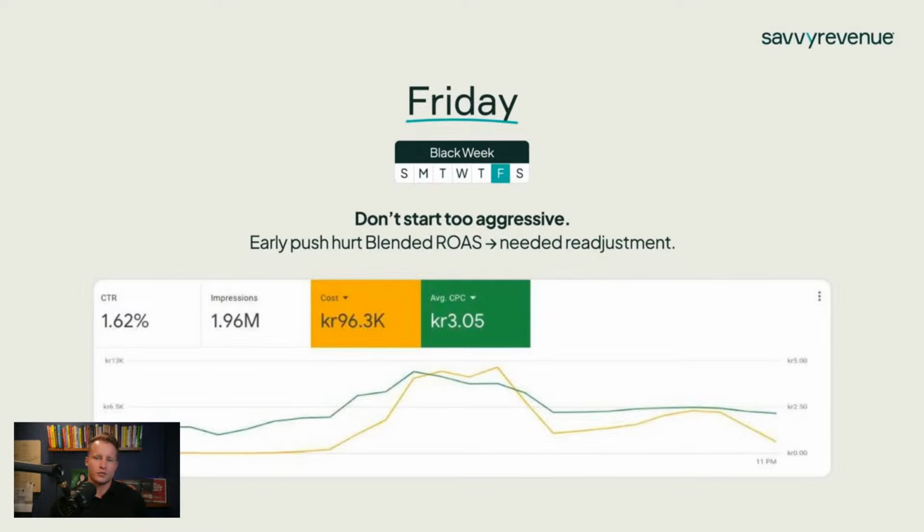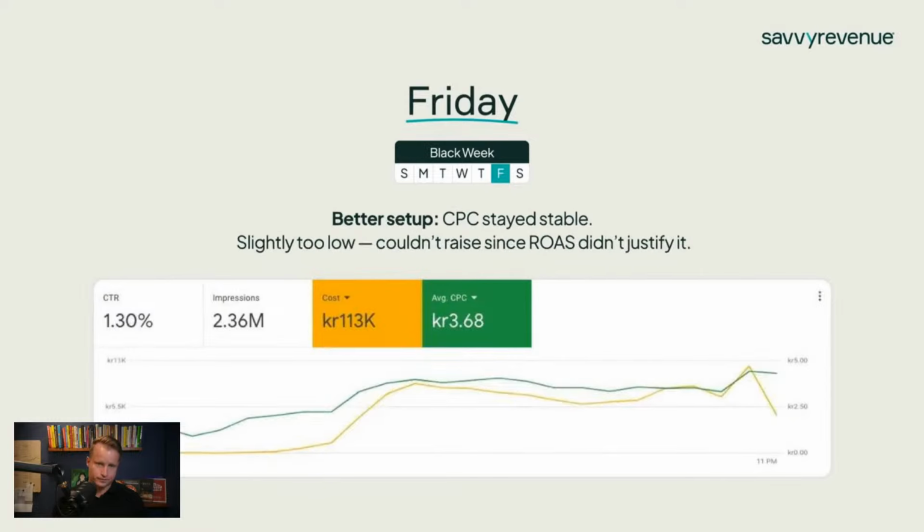And as we're getting to the middle of the day, the blended ROAS was way too aggressive. Like this CPC increase, can I even see what it is? I can't see what it actually was, but it got way too high, and we had to readjust down, and we could never adjust up. We couldn't chase the volume at night because we had overspent early in the day. This is a horrible example. So I always say don't start out too aggressive, because if you have to chase a profit number or get back to profitability, then you're going to be in defense mode the rest of the day. Better to be a little bit lower and then start chasing as the night goes on.